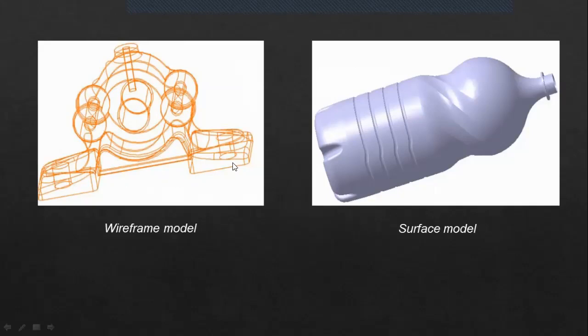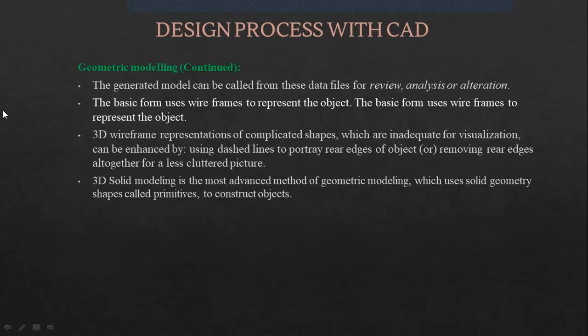You have wireframe models, like a skeletal structure, you can say. So it doesn't have data about surface. It doesn't tell you what part of it is in the front and what part of it is in the back, right? Hidden lines, that feature is also not activated here. So it creates confusion, isn't it? For complicated components, it will create some confusion. That is the drawback of that.